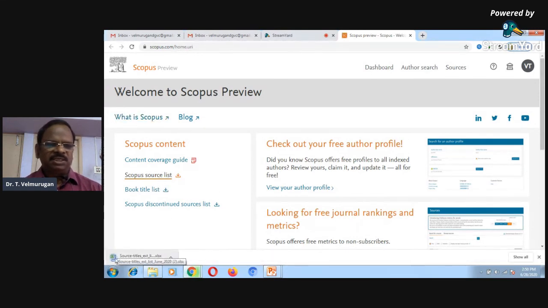An Excel sheet is downloaded at the bottom of your browser. In this Excel sheet is the list of all Scopus indexed journals.